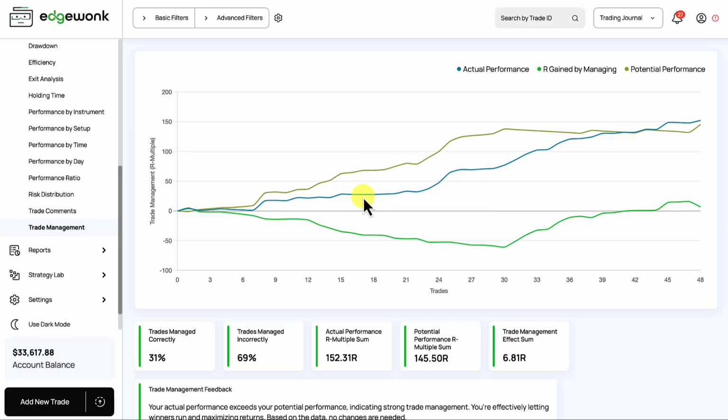This means that by actively managing the trades, and this typically means exiting winning trades too early or letting losses run too long, the trader is losing quite a lot of edge and quite a lot of performance. This is something that you will often see in newer traders or struggling traders. And we have identified that exiting winning trades ahead of your actual take profit can really make a big difference